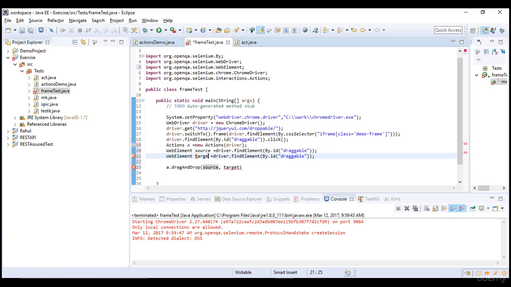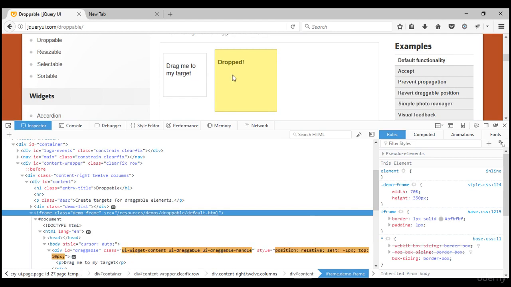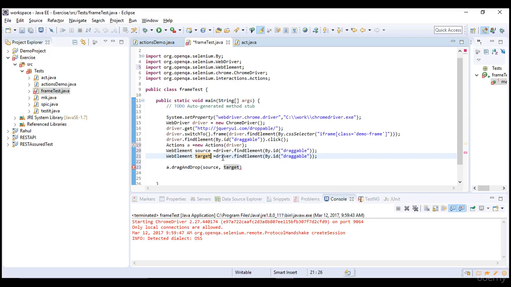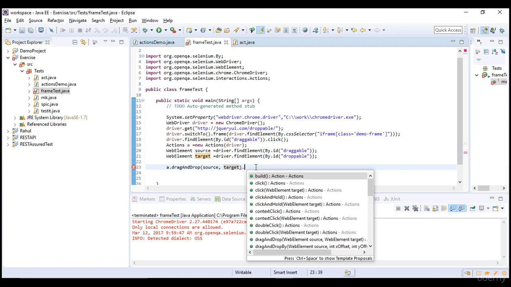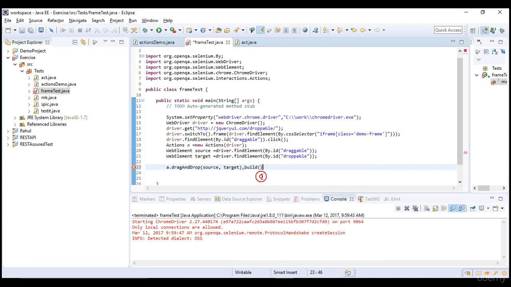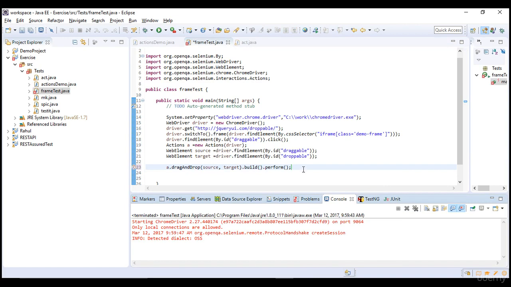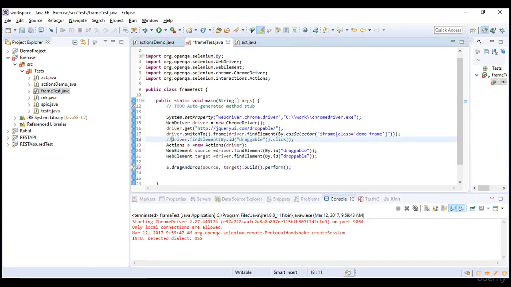and this time target. Now go back to your Firefox and see the target ID. Again, just inspect it. Inspect the box, and this time it is droppable. Copy this ID and place it here. Perfect. So now source web element is this and target is this. Once it is dragged and dropped, with the actions class you need to build this action, right? Dot build. After building it you need to execute. Dot perform. That's it. You can comment out this click step, not required.